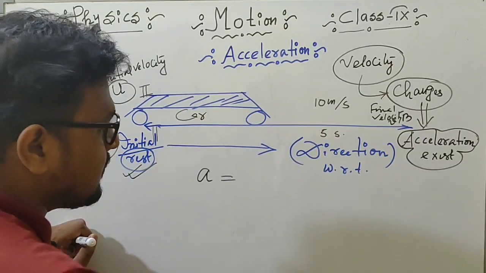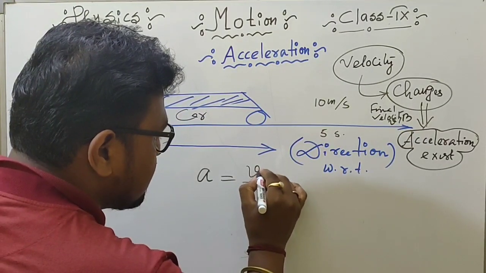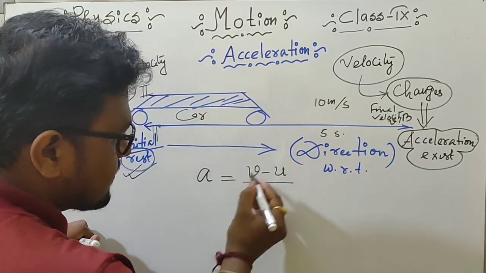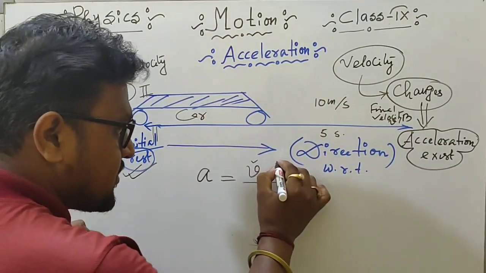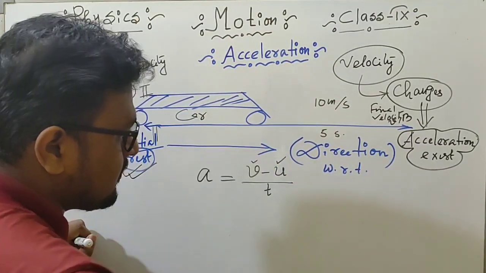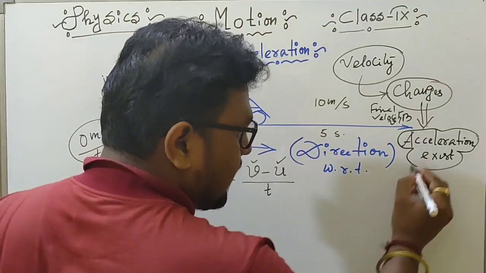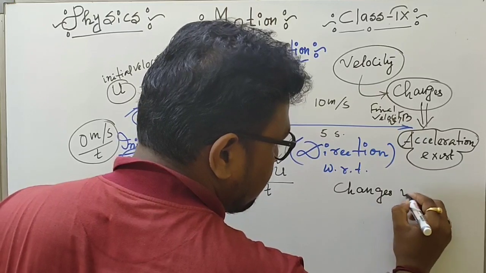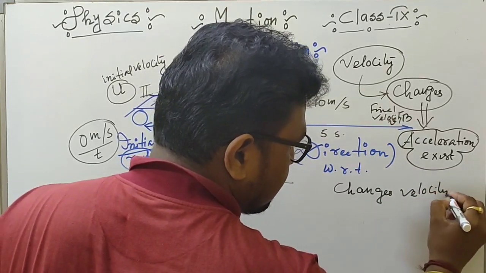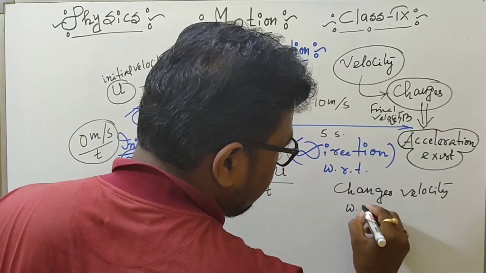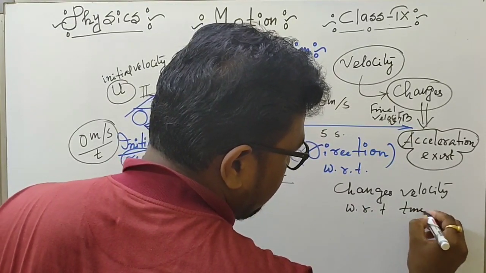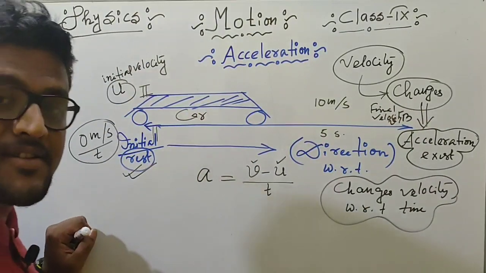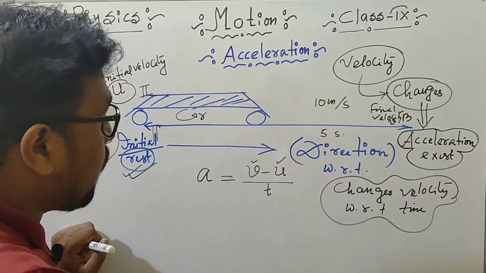So what is acceleration? Acceleration means changing velocity, that is v minus u, final velocity minus initial velocity, over the time taken t. So we can write that the change in velocity with respect to time is called acceleration. So when velocity changes, acceleration exists, right? And what is the unit of